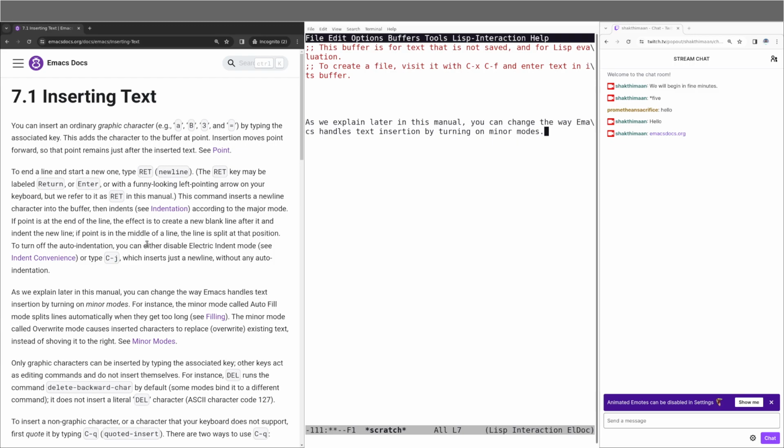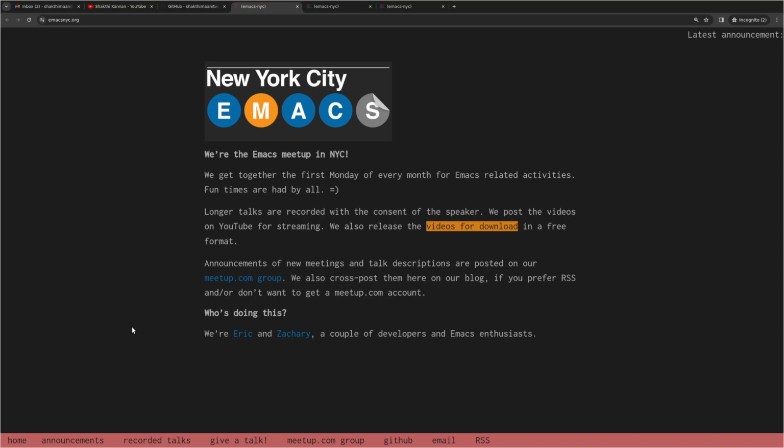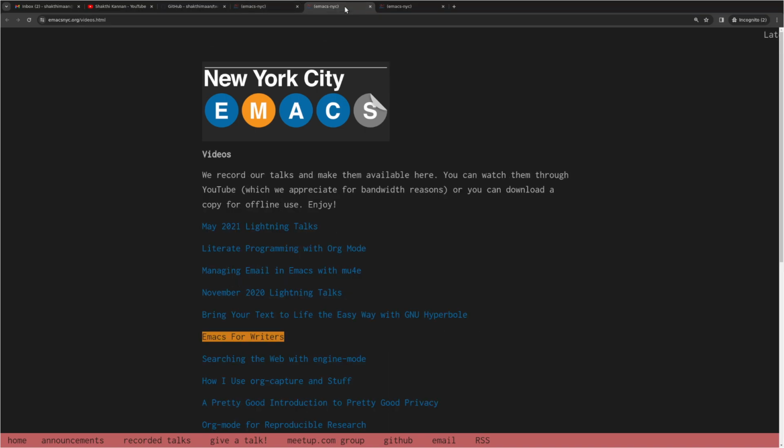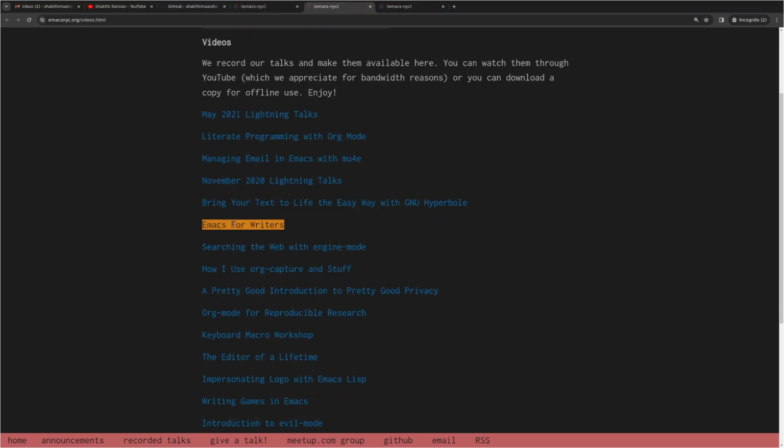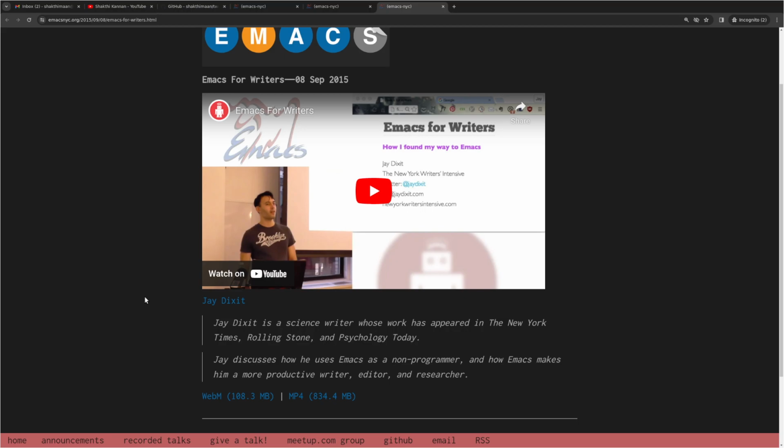It's a very good talk from Emacs New York City meetup. Let me quickly show you that. So the Emacs New York City meetup site is emacsnyc.org. Okay, and they have some good videos for download, and there's one here on Emacs for writers, and this is a link for this talk. It is by Jay Dixit, and